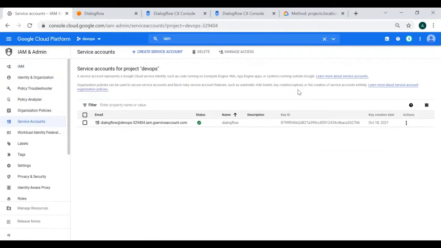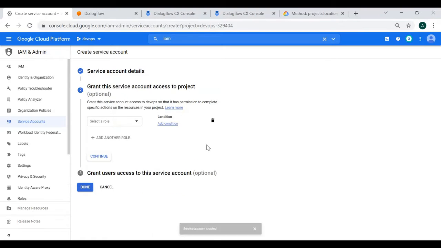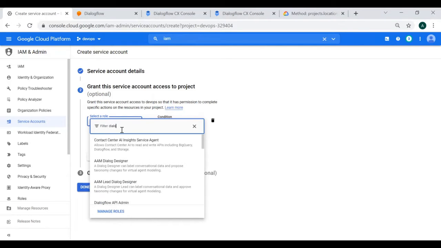Let me create one for you. You say create service account, and I'm giving it a name, let's suppose export only. Then create and continue. Now you need to add some roles. I'm going to give it the Dialogflow admin role first.